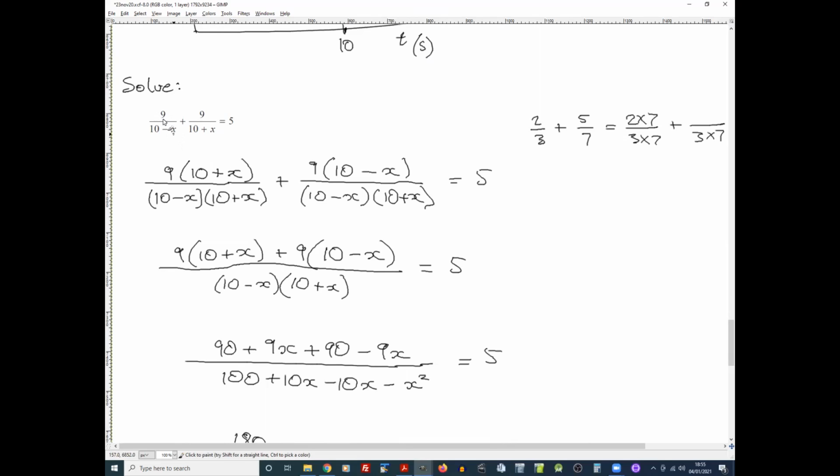What's 9/2 as a mixed number, or a decimal? 4 and 1.5? 4.5. Yeah, good. And then 10 plus x would be